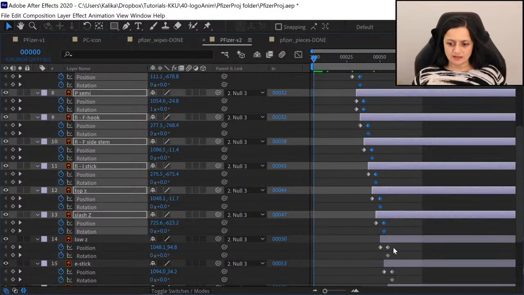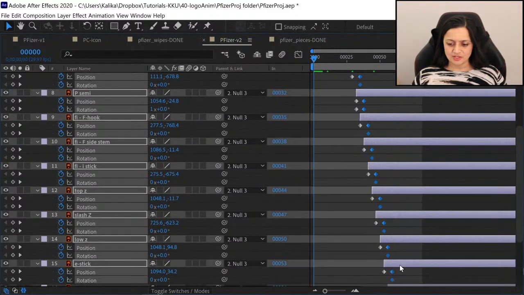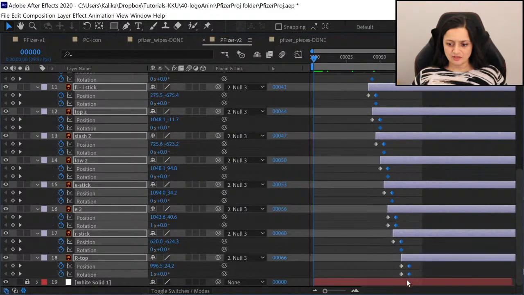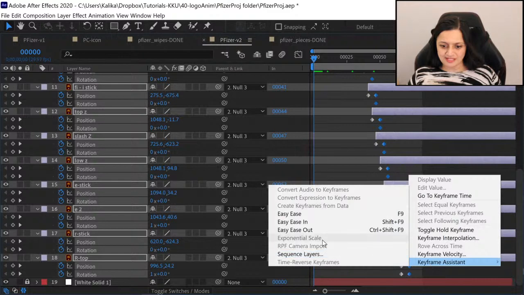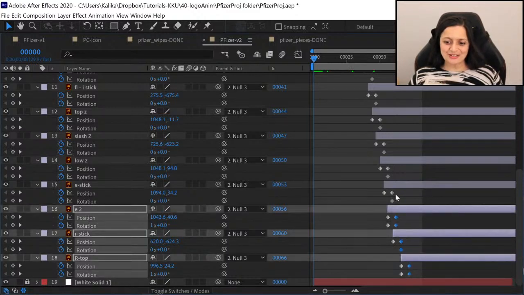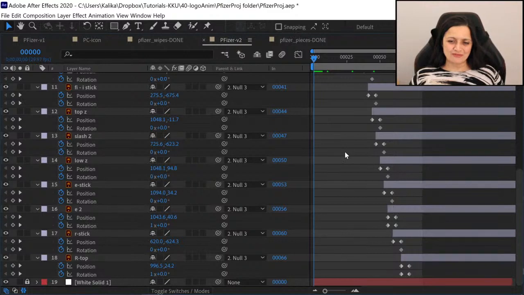And set all those guys to ease once you have all of them selected, holding shift to get them all, and then right click, keyframe assist, easy ease. Now if you're finding that you're doing a lot of easy ease, oh rats, it deselected all of mine. If you find that you're doing a lot of easy ease, you might want to set up F9 to be